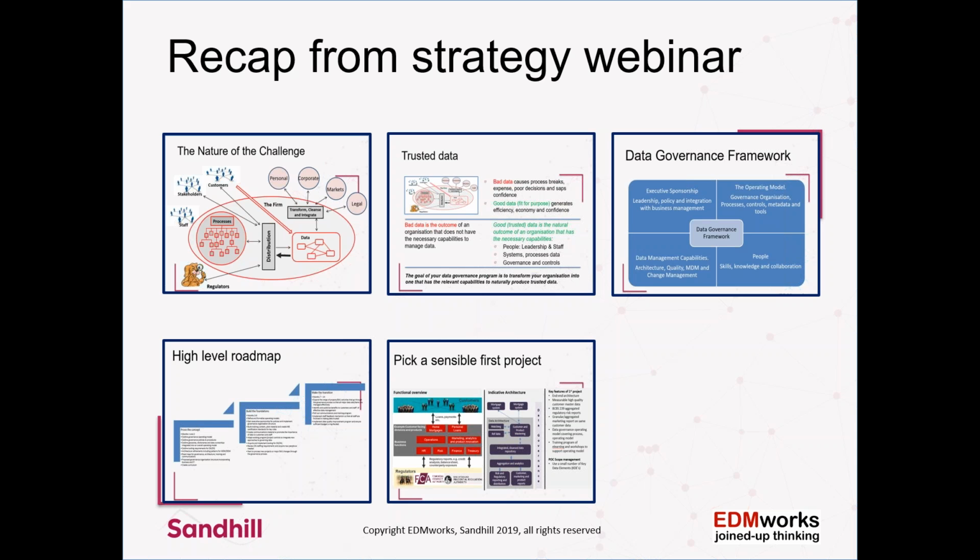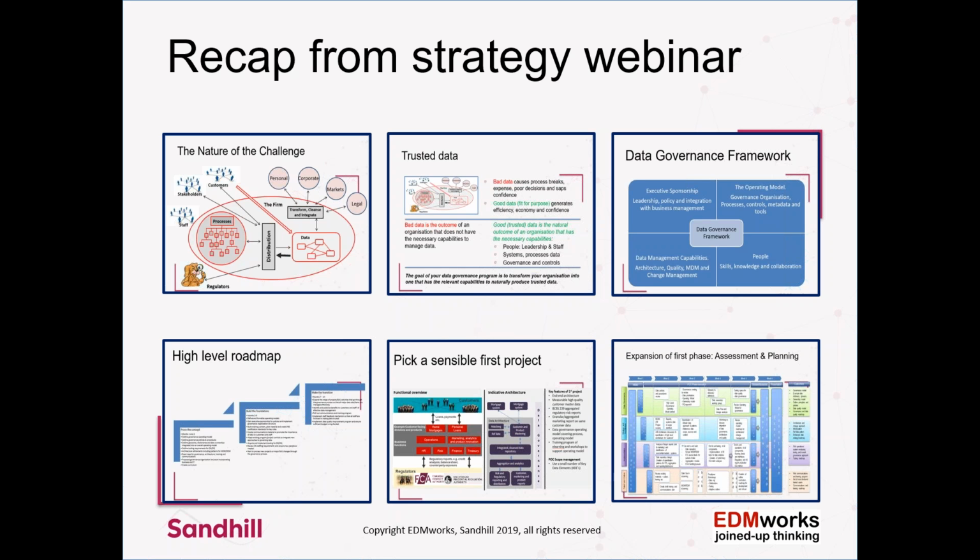So, pick a sensible first project, which is end-to-end and challenging enough, but not so challenging that it kills you, and then come up with the initial 6 to 8 week first phase, whereby you set up multiple work streams. You've got a stream that deals with setting up the data governance framework itself, a system strategy work stream that's explaining how the big picture will fit together on systems, the system build technology, and then the fourth one is about people, capabilities, values, and culture, so that you're continuously developing all the different strands of your data governance framework that you need to do.